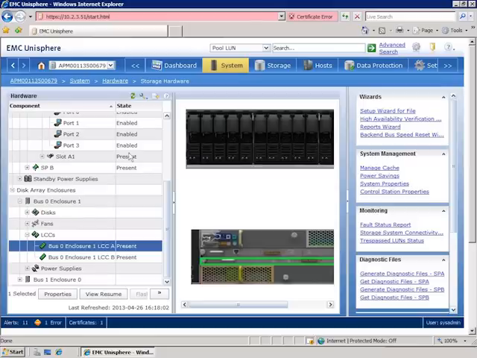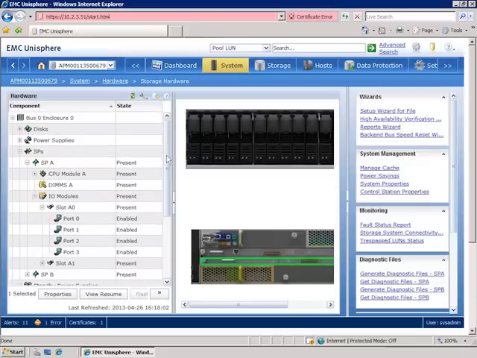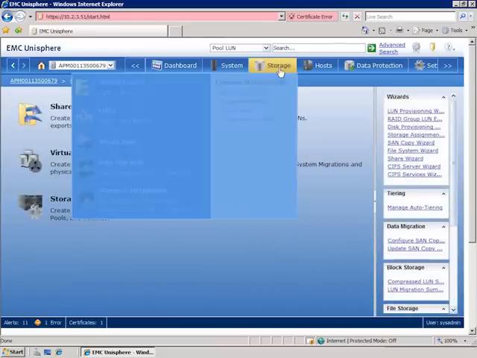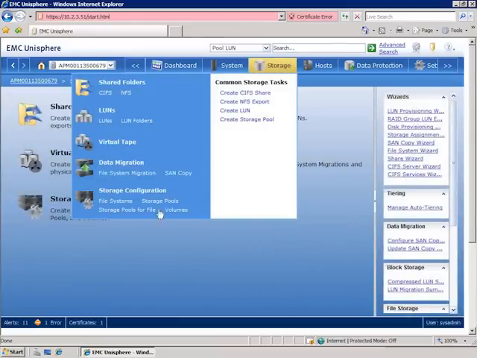You can find a lot of this information if you're running reports and you want to view your SLICs and things of that nature. You can view that via the reporting rather than having to drill down in here and take a look at that. The vault drives will be just as exciting. There's not really much I can show you there. If I go to storage pools,